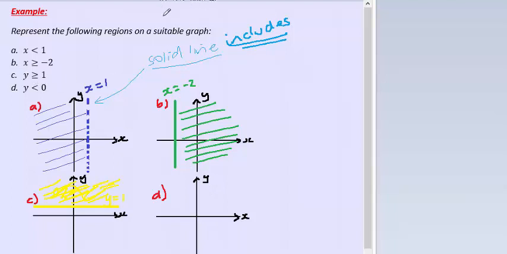And my last one is y is less than 0. And I'll do this one in orange. Now, here we have another one where we don't have it including, which means my line y equals 0 right on this x-axis. So I need to draw a dotted line where y equals 0, and it's less than that, so it's all this area here. So that's how I sketch regions, and I can do that by either using my knowledge, or I can also